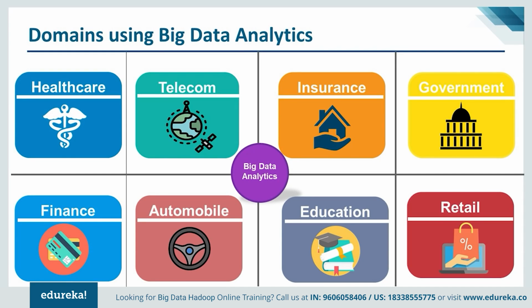Now moving on to the next domain, which is automobile. Many automobile companies are utilizing big data analytics, and one example is Rolls-Royce. Rolls-Royce embraced big data by fitting hundreds of sensors into its engines and propulsion systems. These sensors record every tiny detail about the operation of these engines and propulsion systems. The changes in the data in real time are reported to the engineers, who then decide the best course of action, such as scheduling maintenance or dispatching engineering teams if a problem arises.